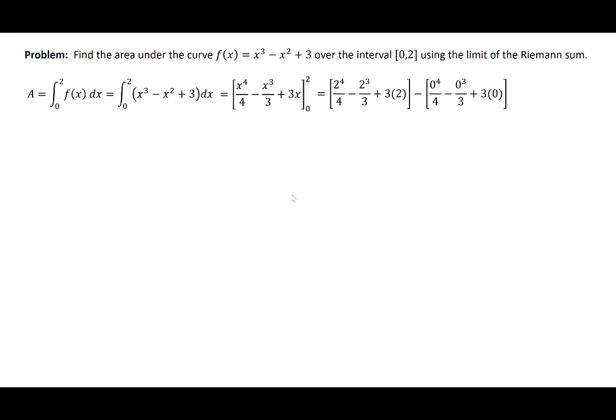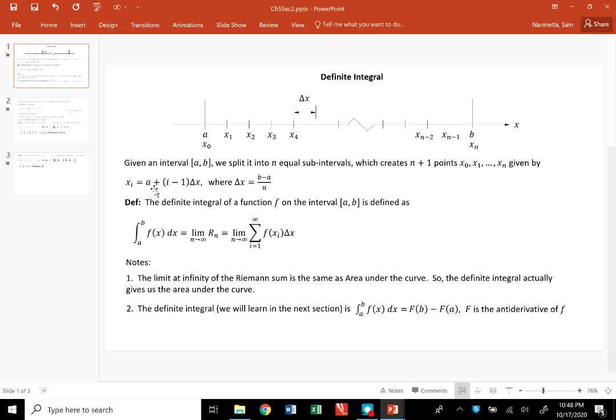Ta-da! 0 to the 4 over 4, that's 0. 0 cubed over 3, 0. 3 times 0, 0. This whole thing is just 0. So this just becomes 22 over 3. Cool? Can you do this? I'm sure you can, right? Guess what? That section is done. Okay? So with that, let's move on to